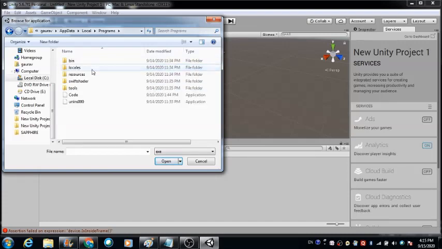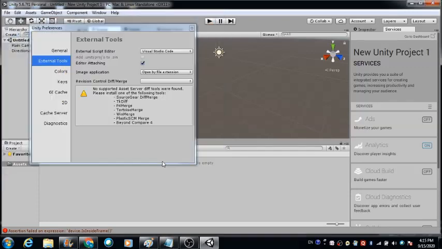Inside this Microsoft VS Code you will be able to find the exe file which will help us in connecting this Unity environment with the Visual Studio Code environment. So you need to select this and click on Open.